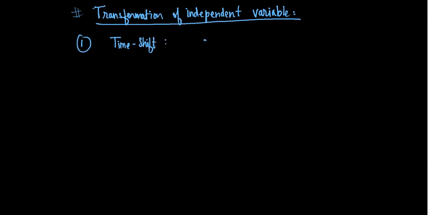It may get shifted to x of n minus n naught, to keep it consistent. And x of t, in continuous time, will be x of